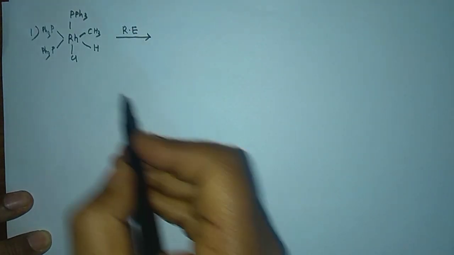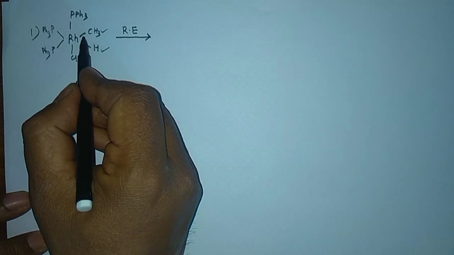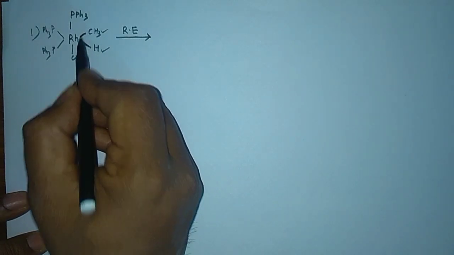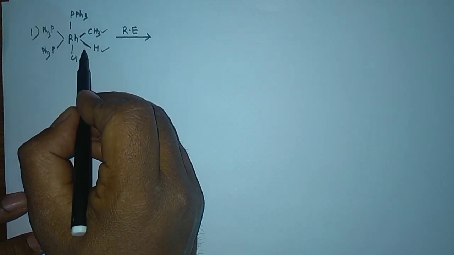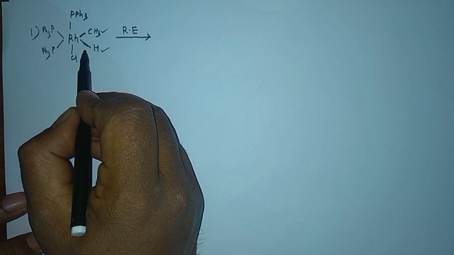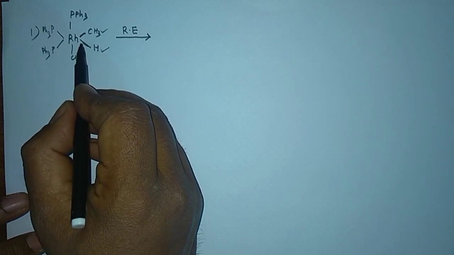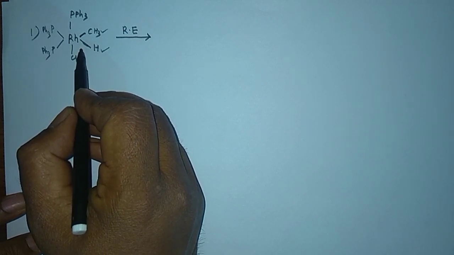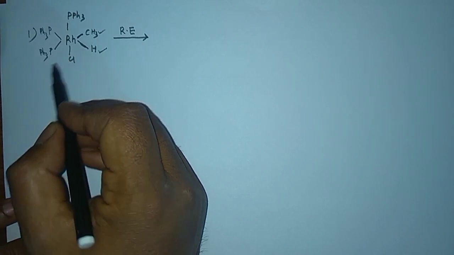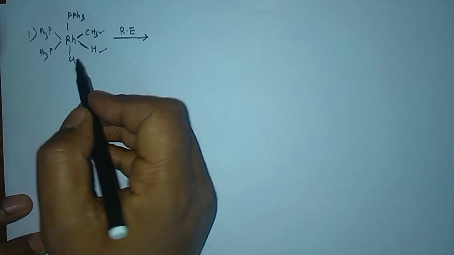Now you can see here this methyl and this hydrogen, they bear the cis relationship. Cis relationship, that means the angle should be 90 degree. So the angle between these two groups is 90 degree. However, it is quite difficult to understand or to observe this angle in this particular model. But if you follow my stereoisomerism in coordination compound lecture, then you will understand how we can predict the bond angle. So you can go through YouTube and type stereoisomerism in coordination compounds by Tetrahedron Chemistry Classes, then you will get the results, and then you can understand the things very easily.